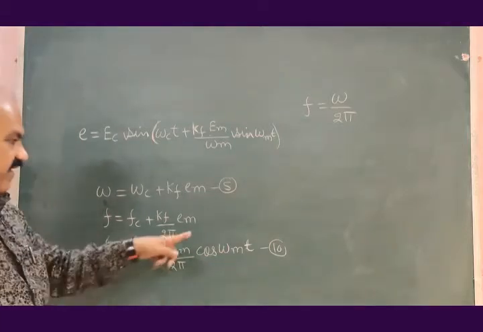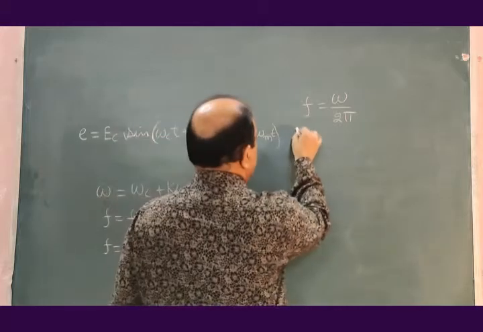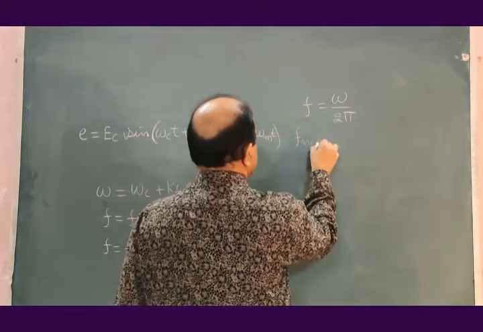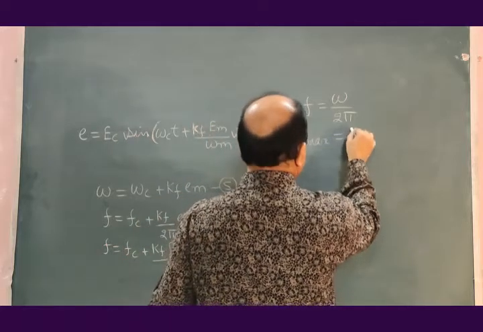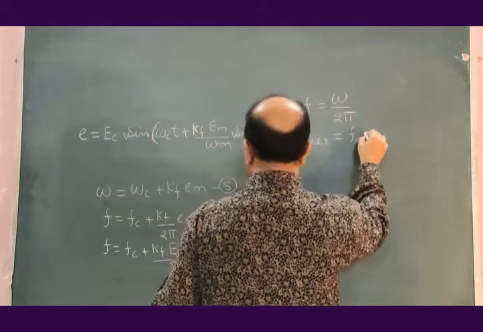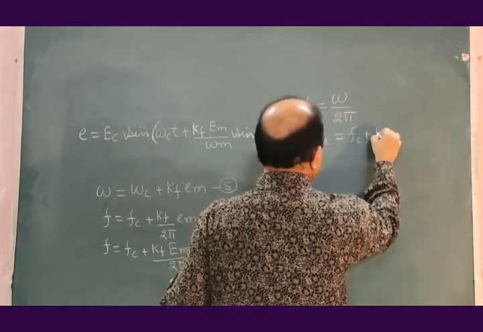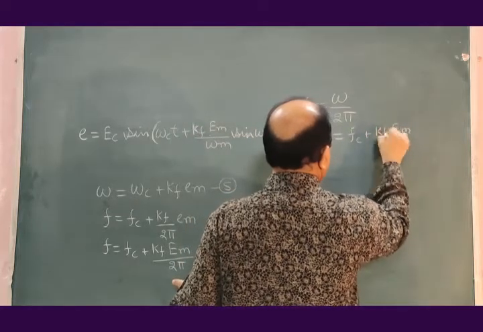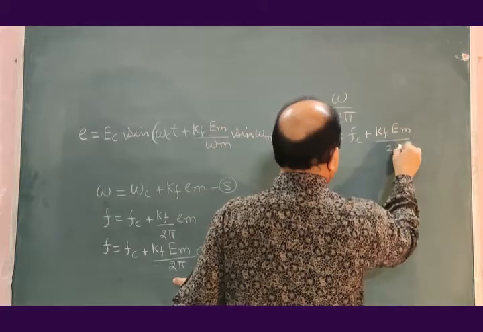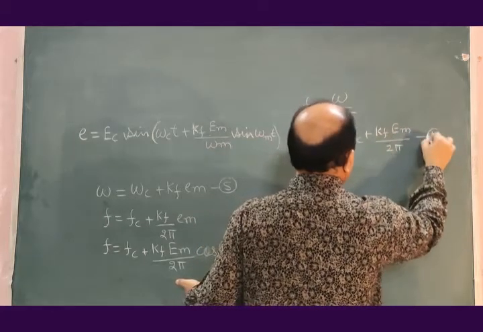And therefore from equation 10, F max will be equal to Fc plus Kf Em divided by 2 pi,